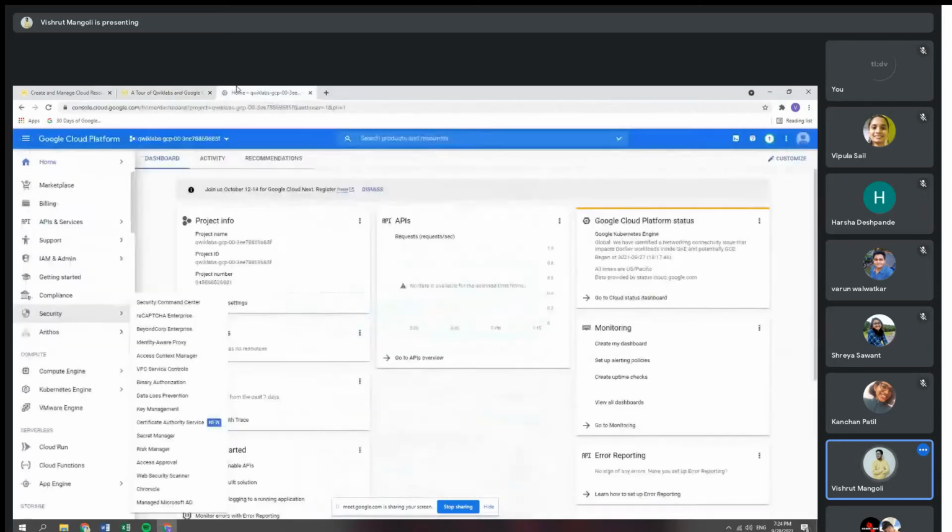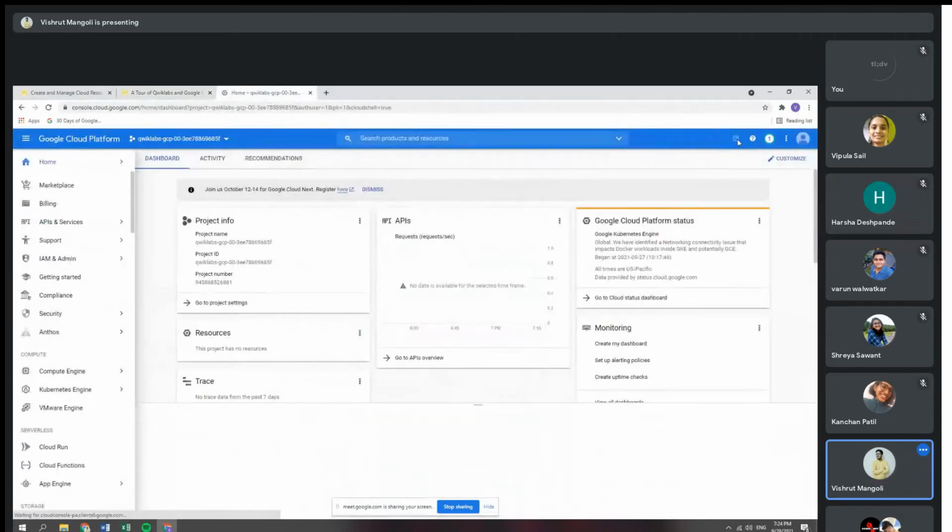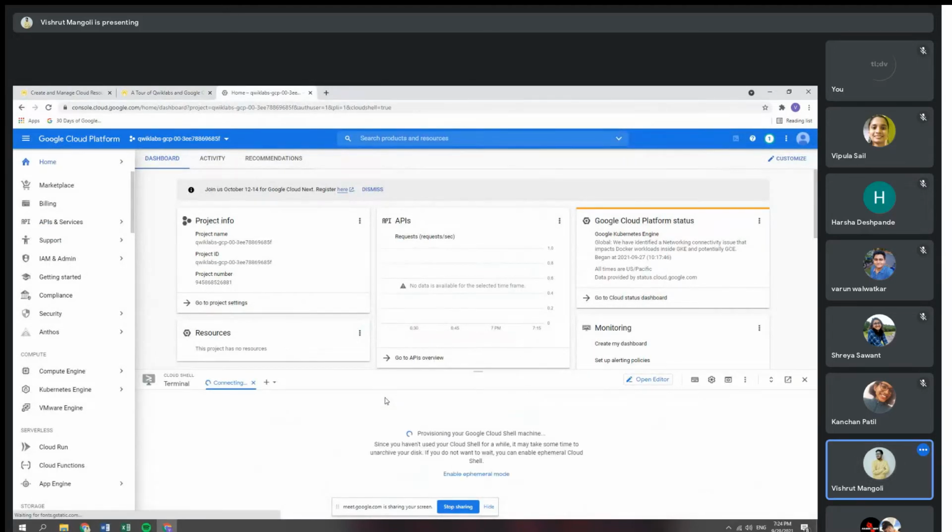What is a Cloud Shell? So Cloud Shell is a terminal access that you get for the cloud. It takes a bit of time to run the Cloud Shell. If you all have seen what a CMD in Windows or terminal in Linux looks like, it is the same, but it will be for your cloud project. So using this, you can perform all the operations and applications that you can perform through the console.